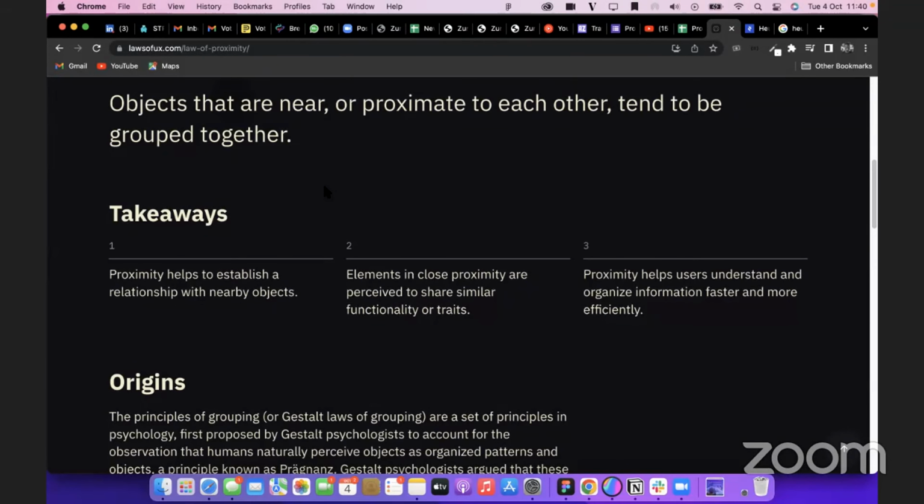So let me make it very clear. Laws of common region, like I explained, is putting related elements, related contents, together. But proximity is like knowing the next content after an immediate content. This seems very difficult to explain now. Okay, so let me say it in a better way, right?